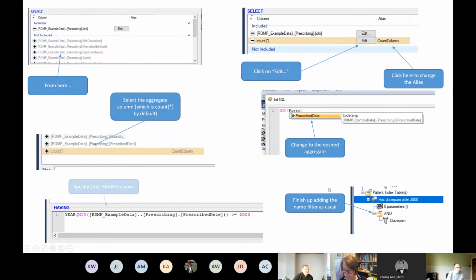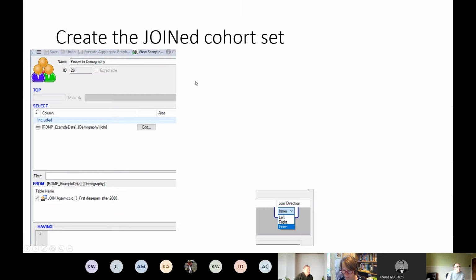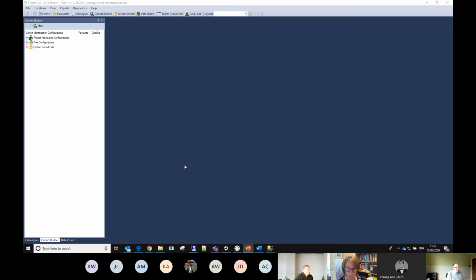Yeah, because this is bringing it into the second component. And we end up with this big bit of SQL at the end. I think I'm getting even more complex. I'm probably going to leave it at that and start actually looking at cohort building in RDMP if no one has any objections. So, unless anyone's got any questions from any of that, actually, before I move on.